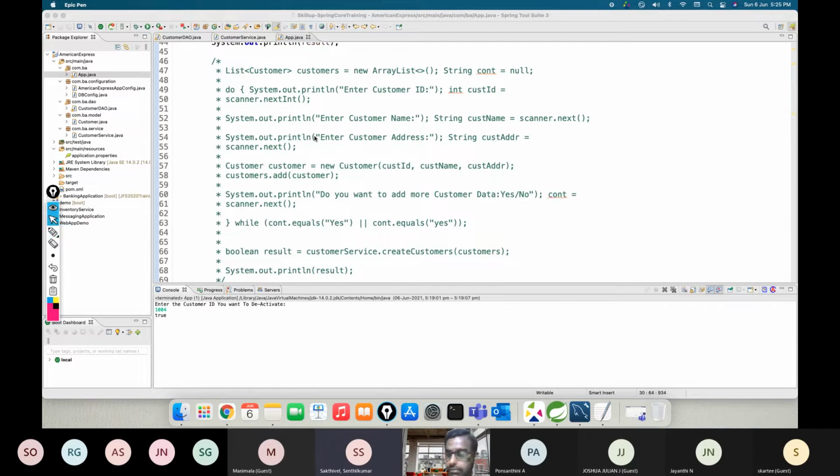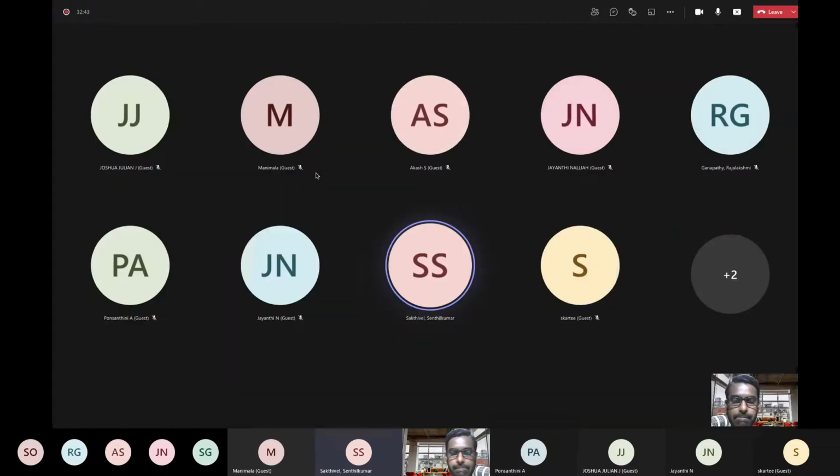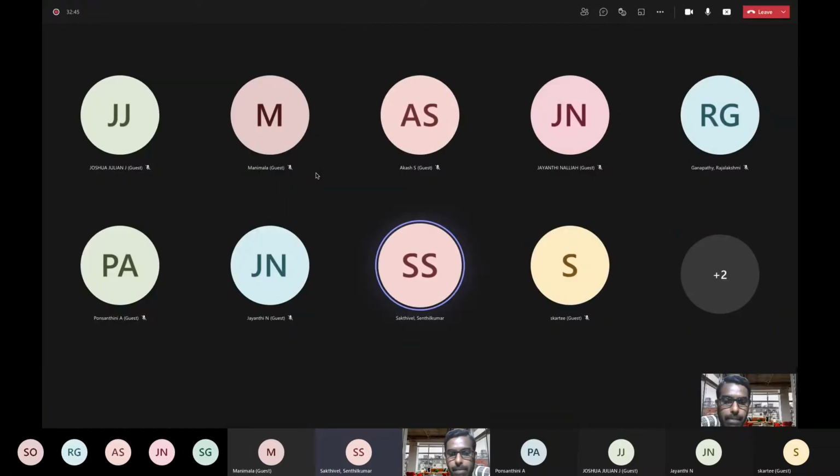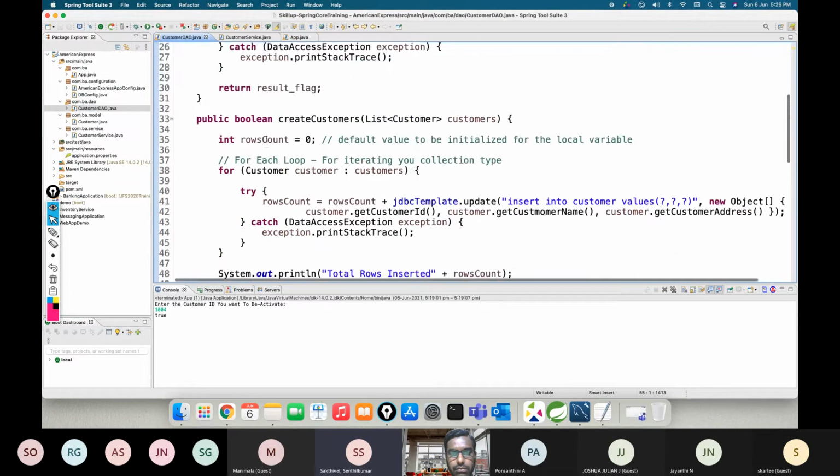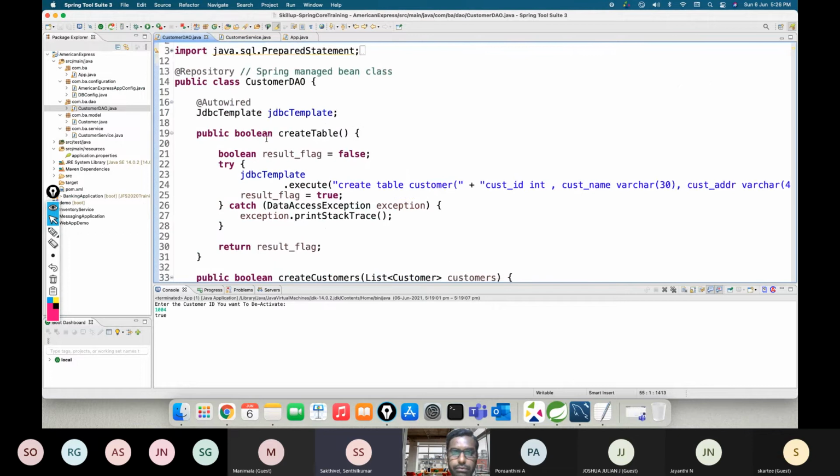Any other question? And one more, sir. Yes, please. We are using JDBC template in the DAO class, right, sir? Shall we use the old way of JDBC? Here we are using it because of the reduced lines of code for the connection and statement. Is there any specific reason for that other than reduced